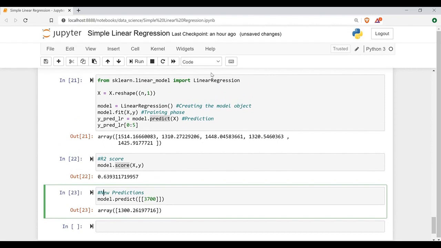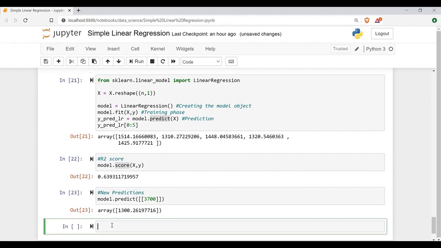Now suppose we want to compute the RMSE, that is root mean square error. We have to use scikit-learn only. In scikit-learn there is a module called metrics. To compute all these things there is a separate metrics module. So import mean squared error.